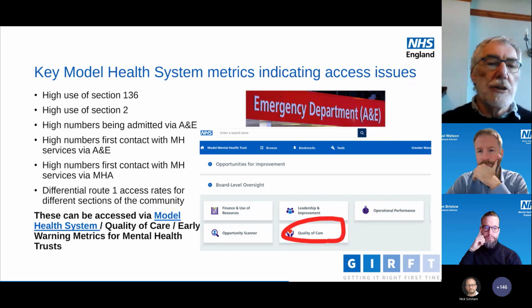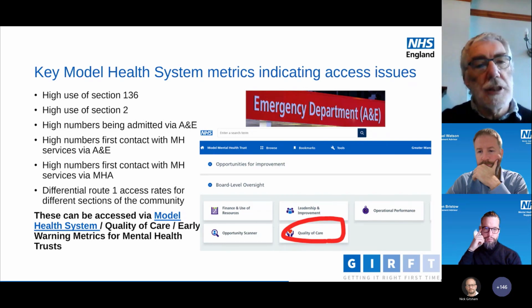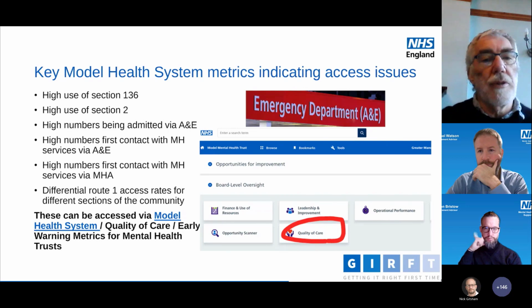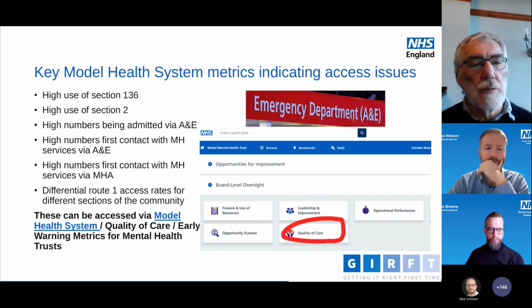We've identified they've got an essential need, they need more intensive input. Are they getting that intensive input, or did they come in through the routes above? Because the marginalised and excluded groups tend to come in through the routes above. They tend to come in with higher acuity, when they develop secondary and tertiary harms, and therefore they tend to end up having a much more severe condition to treat and less chance of getting back to the previous level of functioning. So differential Route 1 access is really crucial.